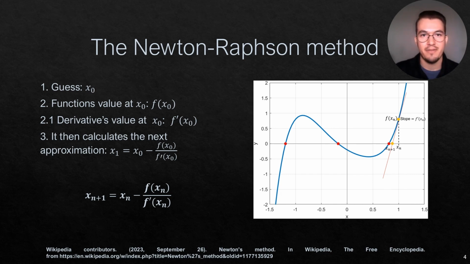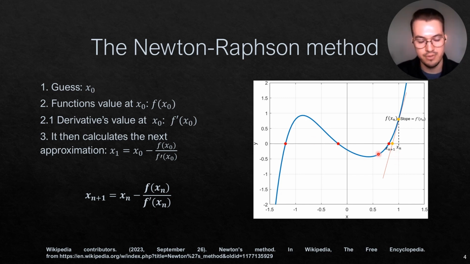The essence of this method lies in its iterative approach. It starts with an initial guess, x sub 0, for a root, which obviously may not be accurate. The method then iteratively refines this guess to approach a more precise root. Given this initial guess x sub 0, the method computes the function's value at this point, denoted as f of x sub 0, and then the derivative's value at this point, denoted as f prime of x sub 0, then calculates the next